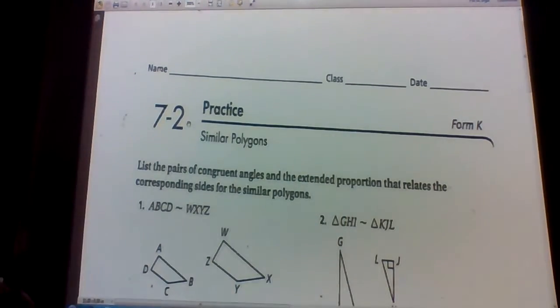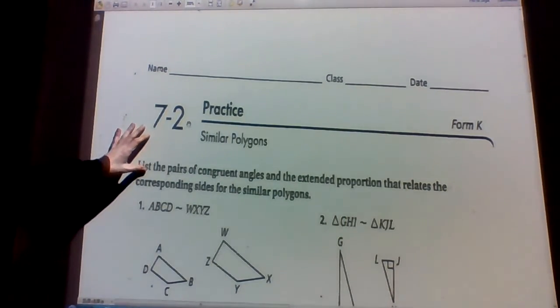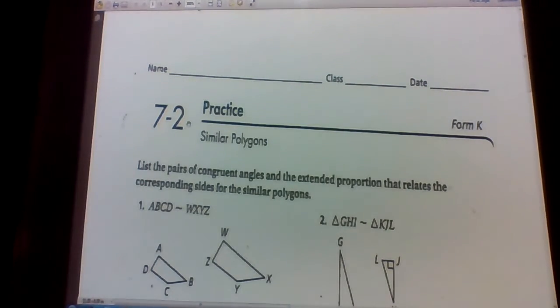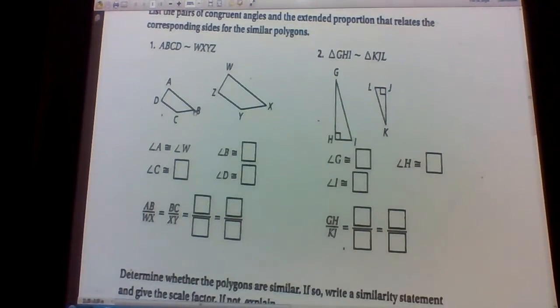Okay, this is 7.2 Form K. So this is the third page of our packet. So here for number one, we just wanted to list the congruent sides and write out the proportion for our